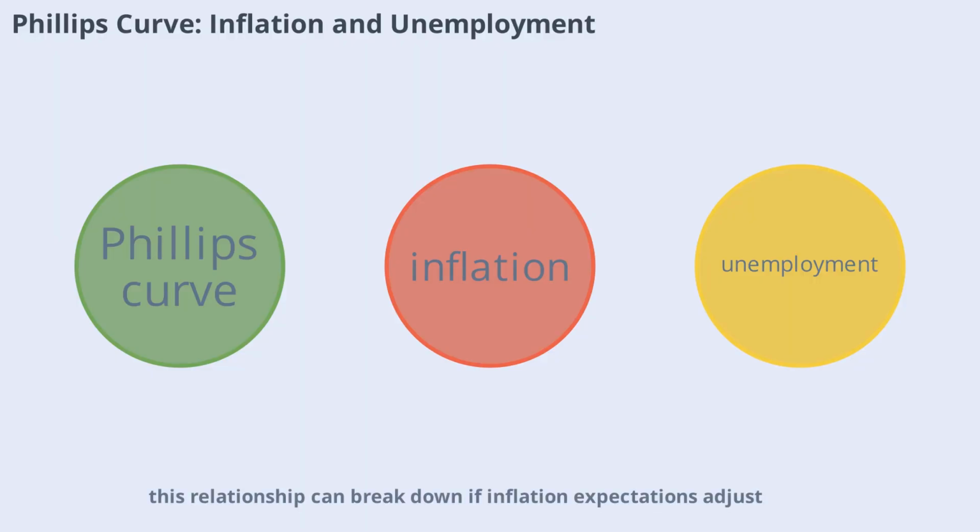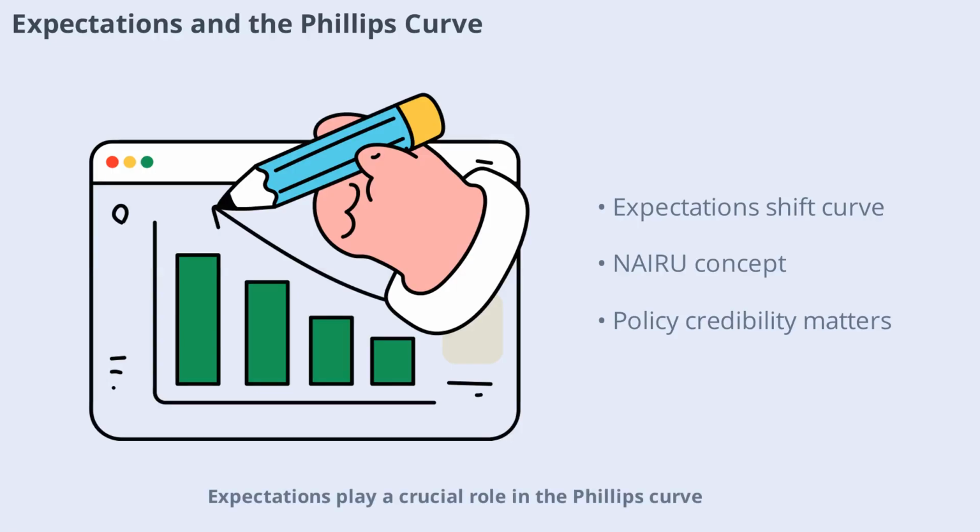However, this relationship can break down if inflation expectations adjust, leading to a vertical long-run Phillips curve at the natural rate of unemployment. Expectations play a crucial role in the Phillips curve. If people expect higher inflation, wage demands rise, shifting the curve upward. Over time, the economy returns to the natural rate of unemployment, but with higher inflation. This insight led to the concept of the non-accelerating inflation rate of unemployment, NAIRU, and the importance of managing expectations